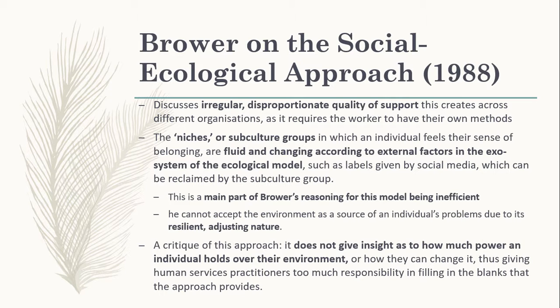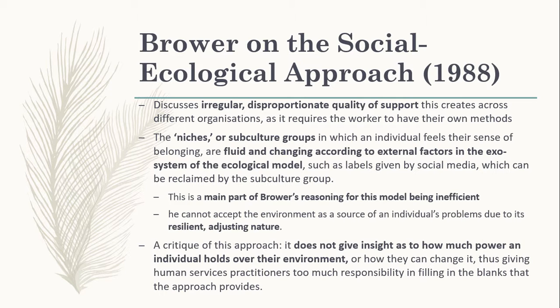Brower discusses the irregular and disproportionate quality of support this creates across different organisations using the social ecological approach, as it requires the worker to have their own methods which might not actually work out for every individual case. The niches or subculture groups in which an individual feels their sense of belonging are said to be fluid and changing according to the external factors in the exosystem of the ecological model. This includes labels given by social media, which, as Brower suggests, can actually be reclaimed by the subculture group. This is a main point for